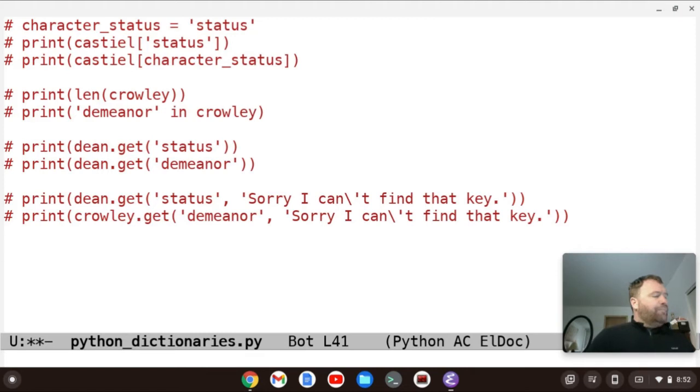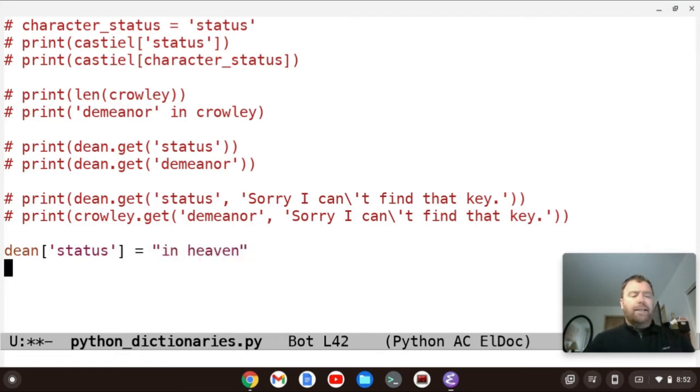And we can also change the value of a key. So we could say Dean, and to change the key, we have to put the key within square brackets. So we put status and then equals. We'll set it to a string, in heaven.